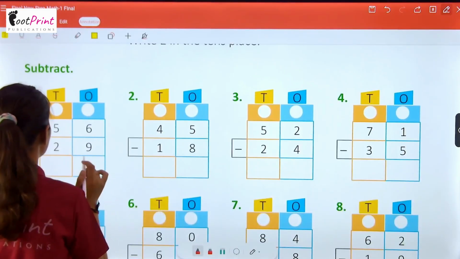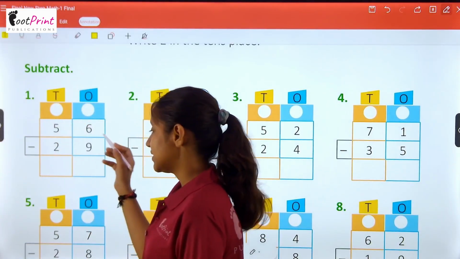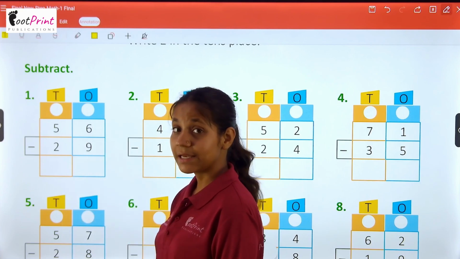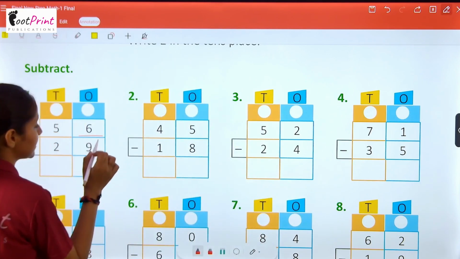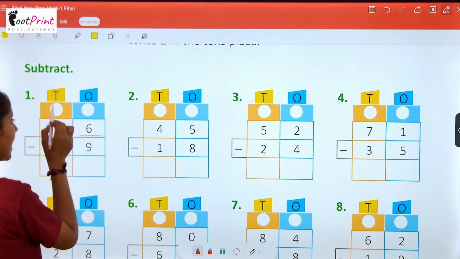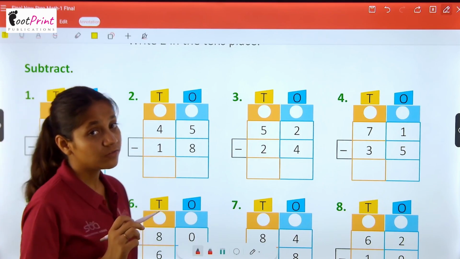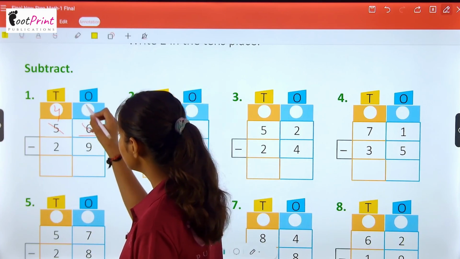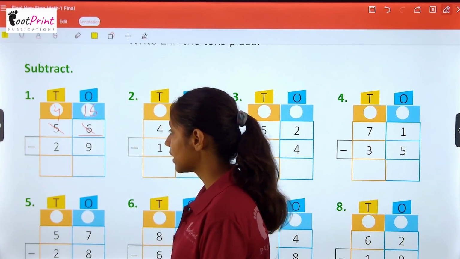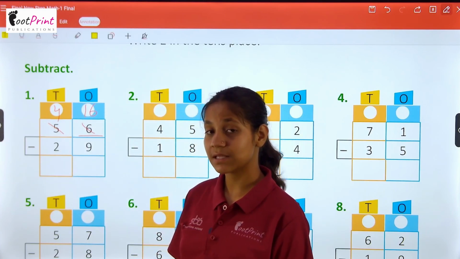Now subtract these. 56 minus 29. 9 cannot be subtracted from 6. So what will we do here? We will make this 6 as 16. How? By taking the carry. This 5 will become 4 tens. Now this 1 ten will go here and it will become 16 ones. Okay. Now 16 minus 9 are